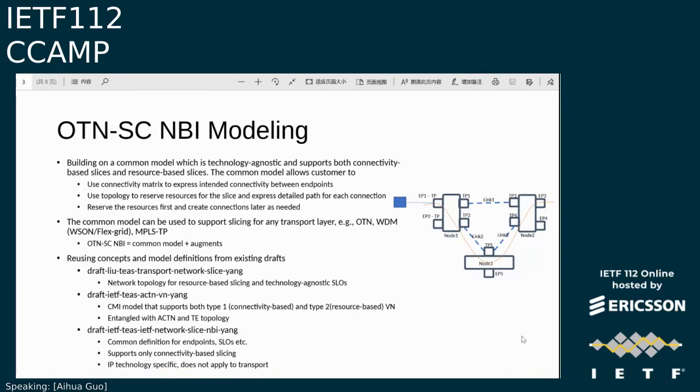And within the design of this MBI model, we try to reuse concepts and model fragments from existing drafts from both TEAS and from the TEAS group. There are a few candidates we have looked at. The draft Liu network transport network slice Yang, which defines a network topology for resource-based slicing, and also a list of technology agnostic SLO attributes, and the ACTN Yang model from TEAS, which is a CMI model that offers the support for both type 1 and type 2, as is written in the draft, which corresponds to connectivity-based as well as resource-based